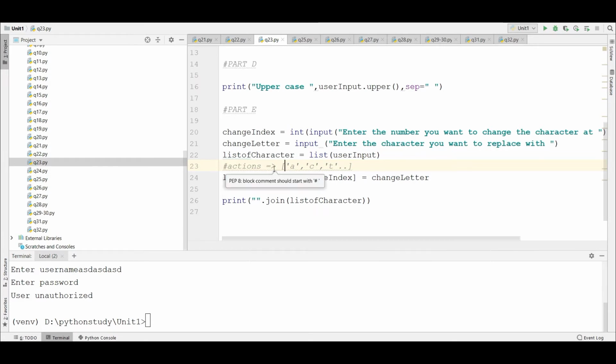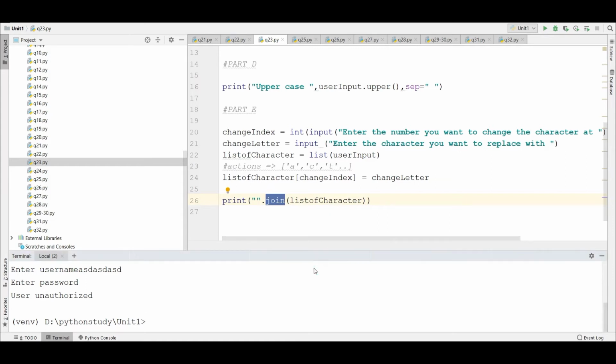Because strings are immutable. If you have missed my lecture on strings, dictionaries and tuples, please watch it. There I have discussed that strings are immutable, so you can't change any character at a particular position. But when it comes to a list, lists are mutable, so at a particular index you can change the letter. Then you can just join the entire list by using the join operator, and your string will be formed.